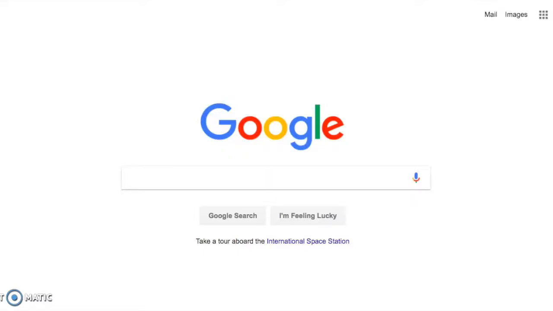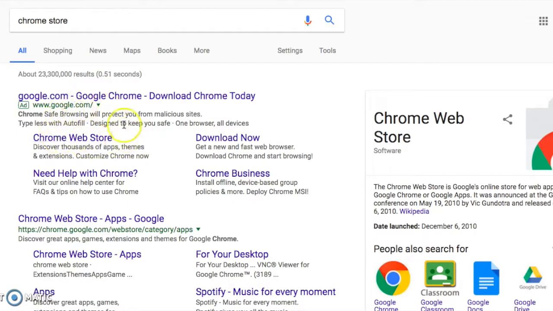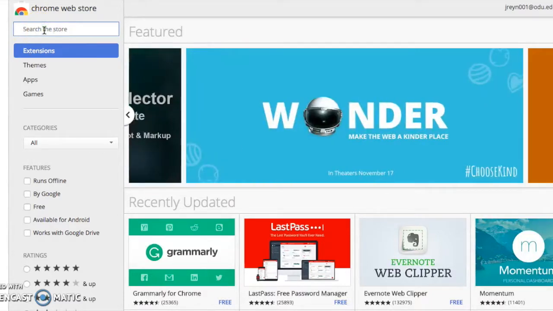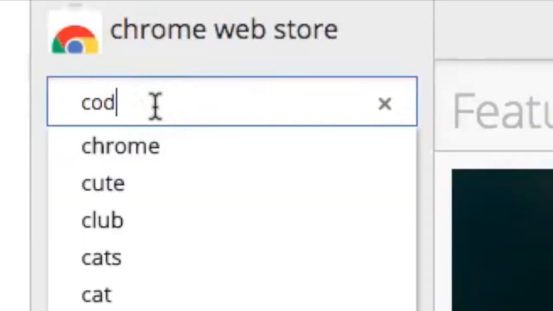After your students go to google.com, you will have them go to the search bar in the middle of the screen and type Chrome Store, and then click Enter. Your students will click on the link that says Chrome Web Store. Then in the Chrome Web Store search bar, they will type Codebender